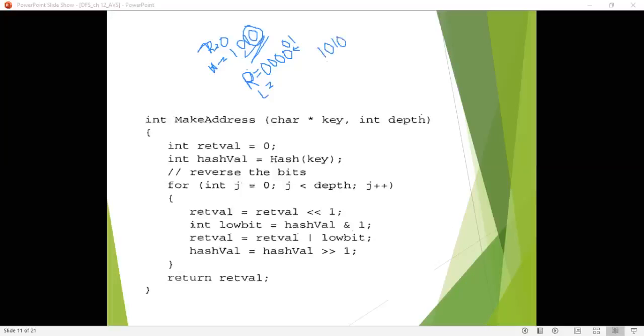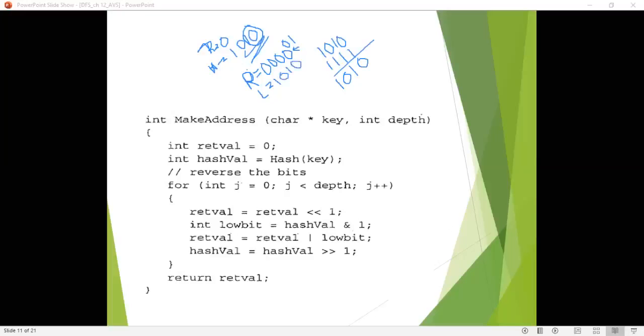AND it with 1, that is 0 0 0 1. Perform the AND operation. You will get 0 0 0 0. So this is your low order bit L now.